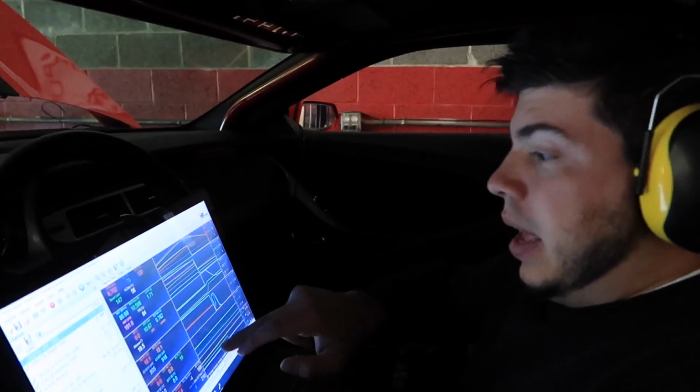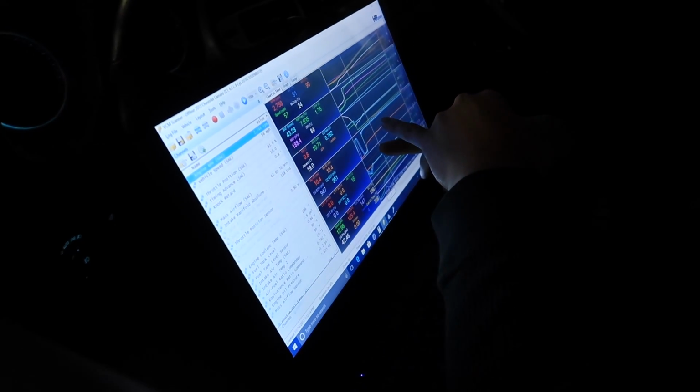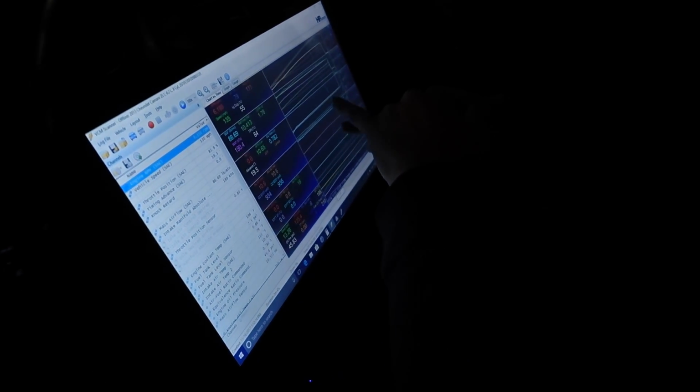So how was that pull then? That was a lot better. We got a nice 11.5-ish air-fuel ratio going across the board. You'll see, I see a hair of knock torque down low that I'm going to get rid of, and then I'm going to try to bump up some timing up top and see how far we can take it